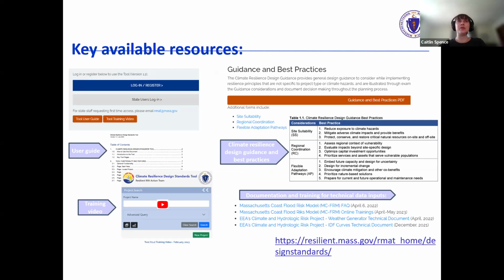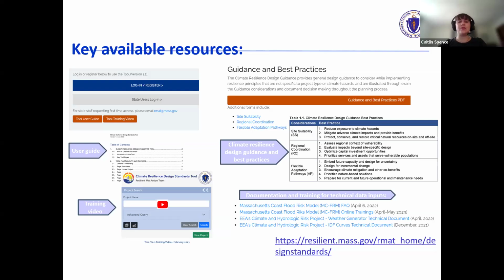Key available resources. In addition to providing the tool itself, we provide a number of resources on how to use the tool and best practices for using the tool. There is a user guide. There are training videos with timestamps so that you can skip to key sections of the video.